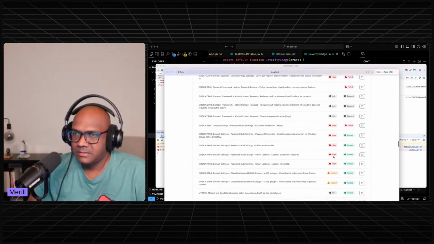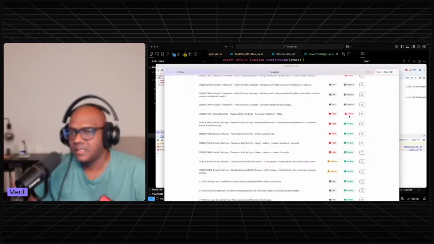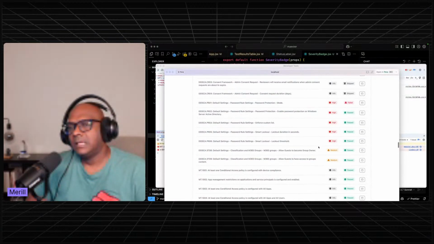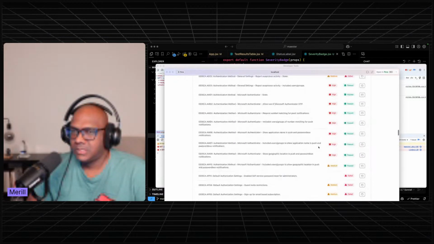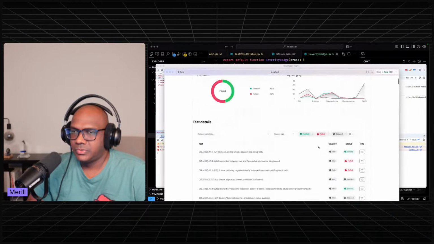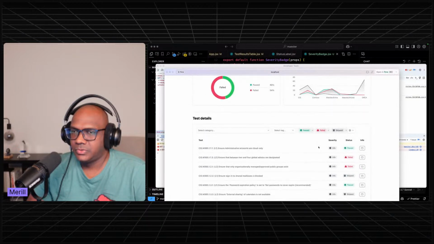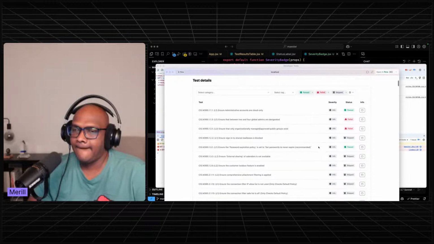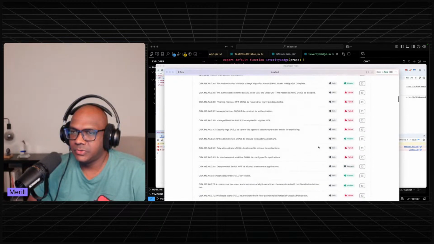Yeah, so this is what I didn't want because it's in the same color and now it's confusing between failed and high being the same colors. Maybe we don't show colors for severity and just only show